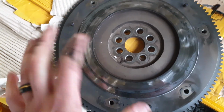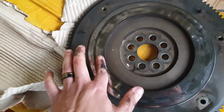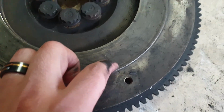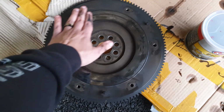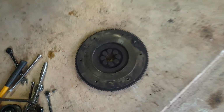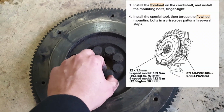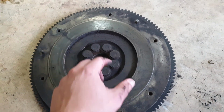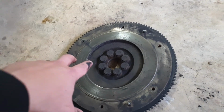The flywheel, this one was the one that I used. It's a lot better than mine. Mine had this lip here, it wasn't even, and the pressure plate was like that too. I'm just gonna sand it even. I'm gonna put the bolts, torque on the screen. I bought them new when I did the swap for the competition clutch, so I'm not gonna replace them now. Just make sure that you torque to spec, and to add